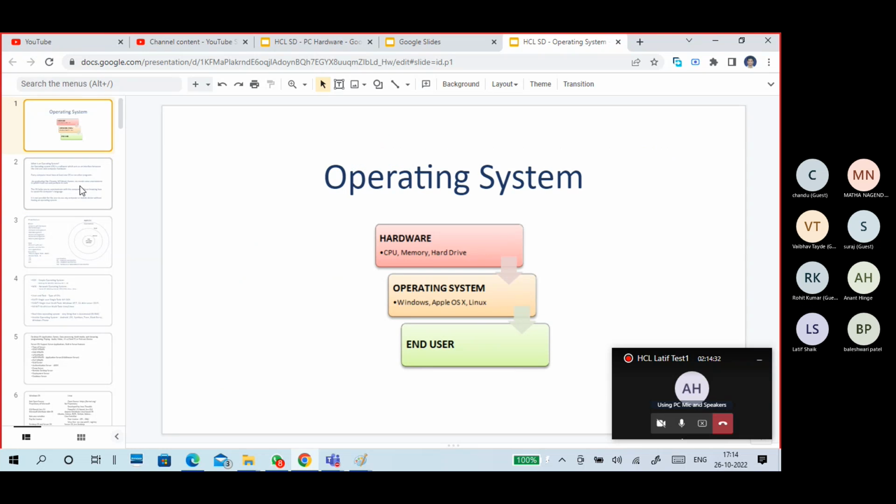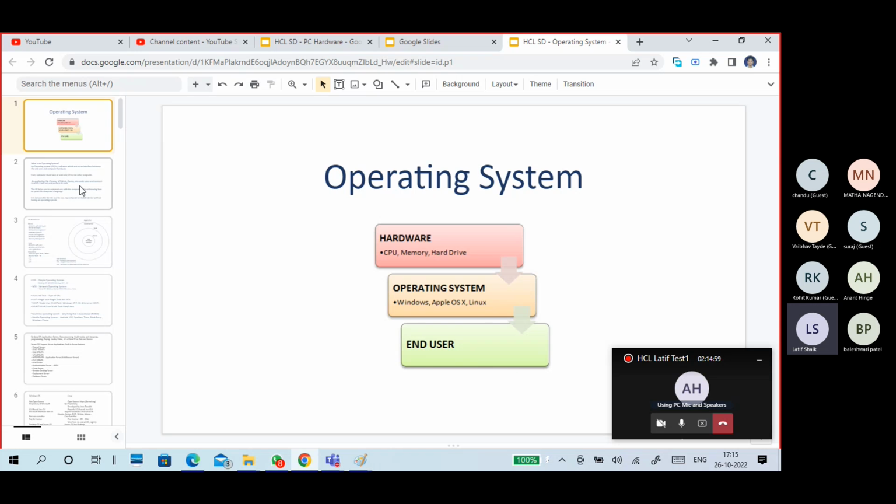What is an operating system? We have discussed hardware, different hardware components, and hard disk partitions also. Now, to work with this hardware, we need an operating system, right? We don't know how to give instructions directly in what the hardware, CPU, and memory can understand.